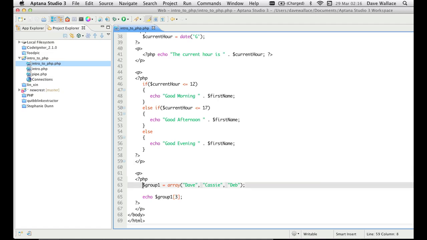So this is actually just one kind of array. But what we can have is something called an associative array. So this is an indexed array where the positions are referenced based on a number, but we can have something called an associative array where we can reference things based on a name as well. So